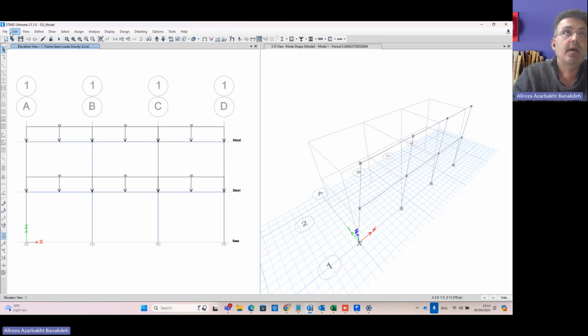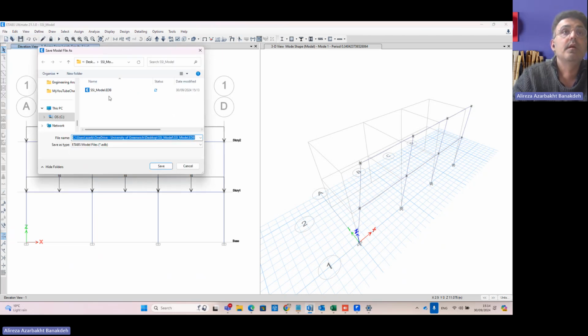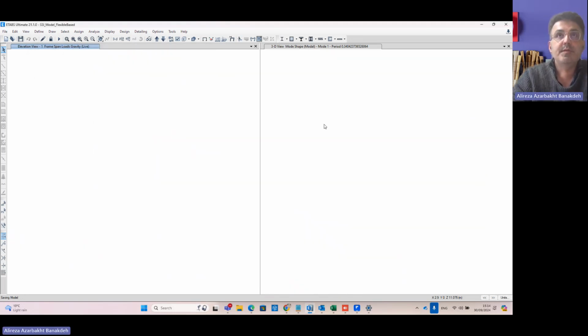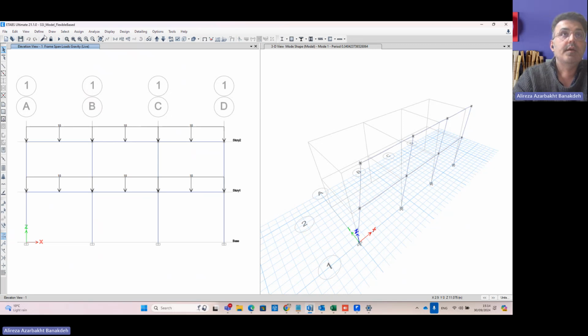And that's why I make a save as here from my model, just to name it flexible base model. And for that purpose, I start to model the foundation as well as the soil underneath the